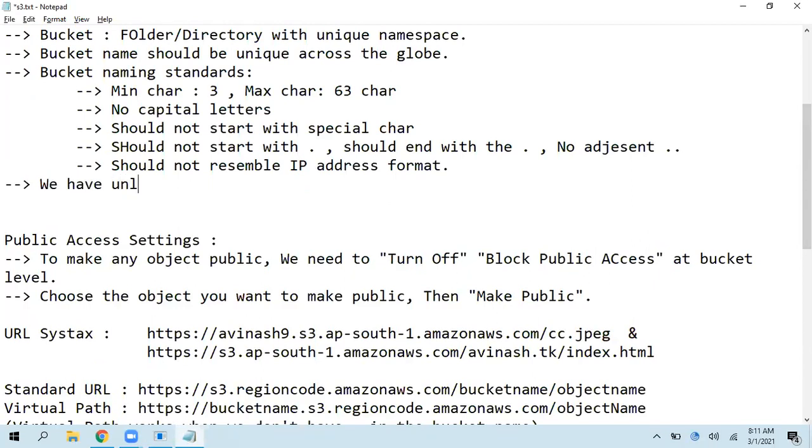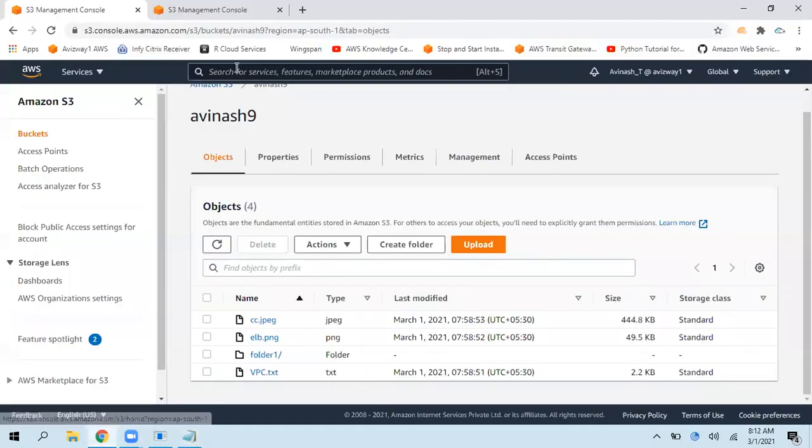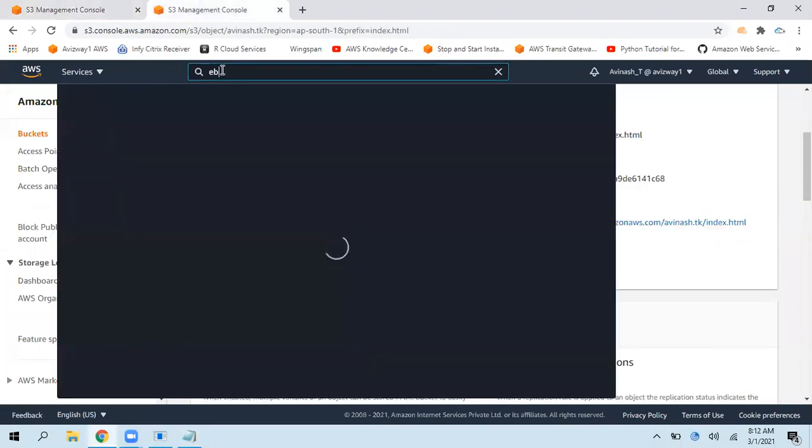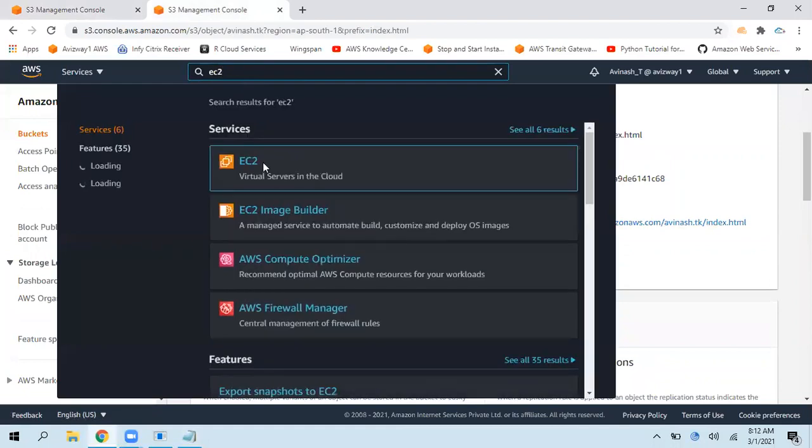We have unlimited storage in the S3 platform. First thing, no pre-provisioning is required. That means no need to choose, like, okay, I want 30 GB and so on. If you're taking another service, I'll just show you an example for this. If you're taking a service like